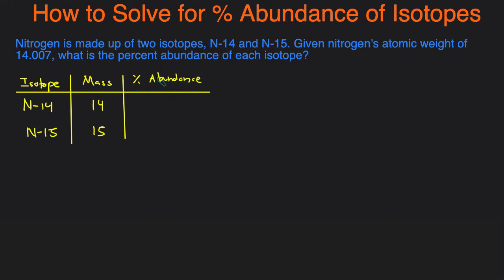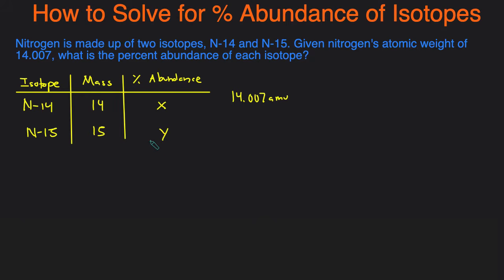And for the percent abundance, the way you can think about it is, of all the nitrogen, what percentage weighs 14 and what percentage weighs 15. It also gives us the average, which is 14.007 atomic mass units. We need to solve for the percent abundance of each. So we can just give them some variables. We can say that the percent abundance of 14 is x, and the percent abundance of 15